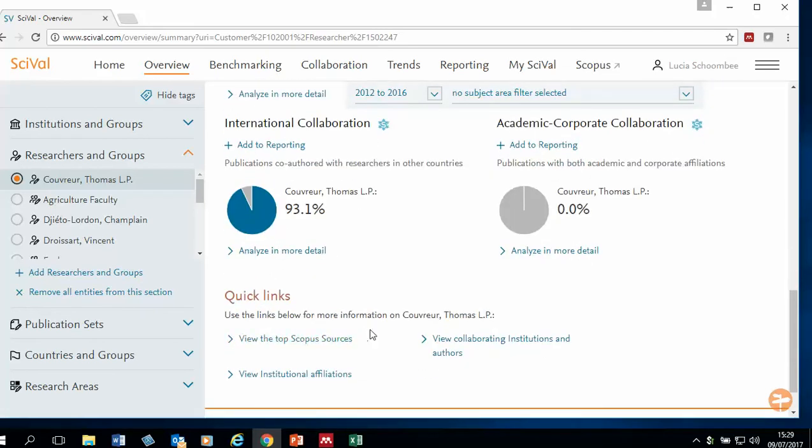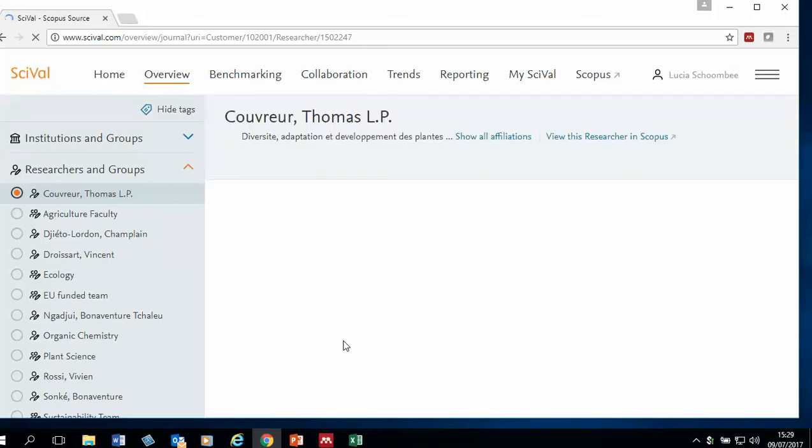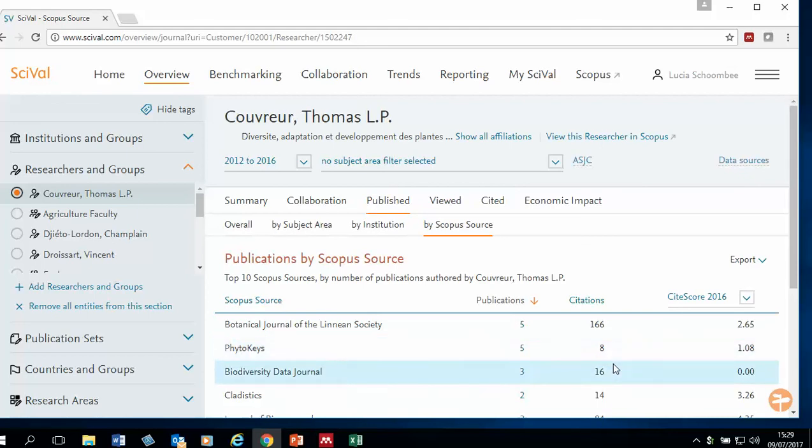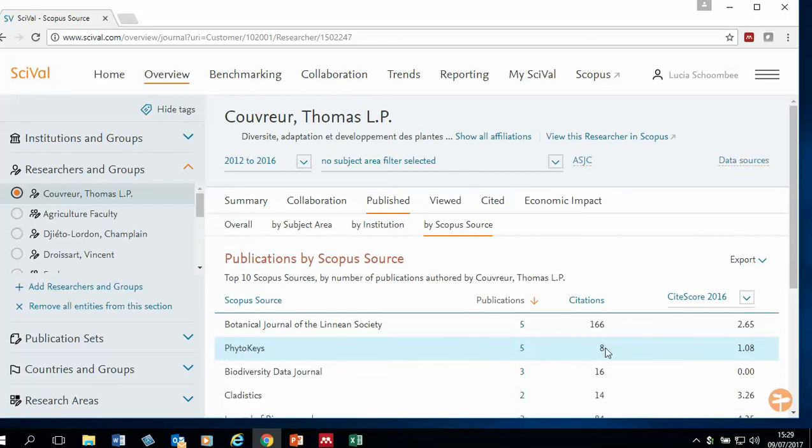And then quick links taking you to the journals in which the researcher publishes, which is also useful to include in funding applications and in CVs to show which are the journals, how many publications, how many citations. This is also important in terms of making decisions about where the biggest success in publishing is for his or her specific